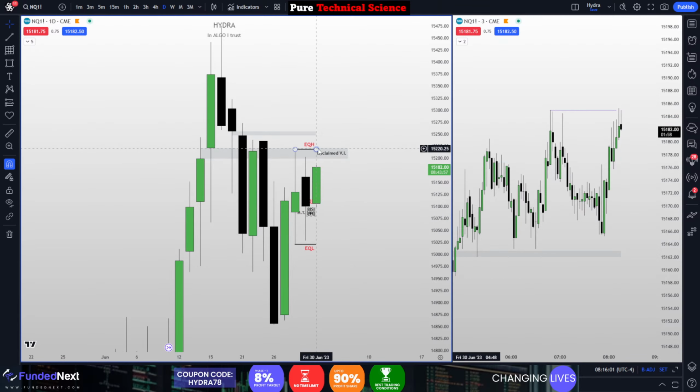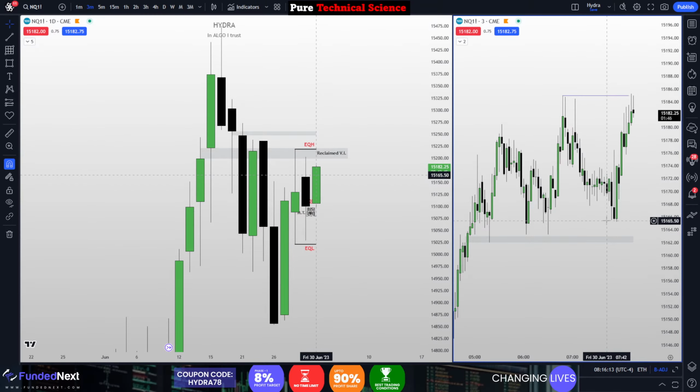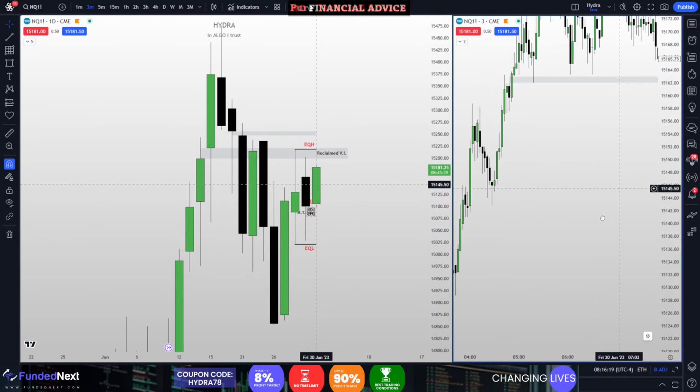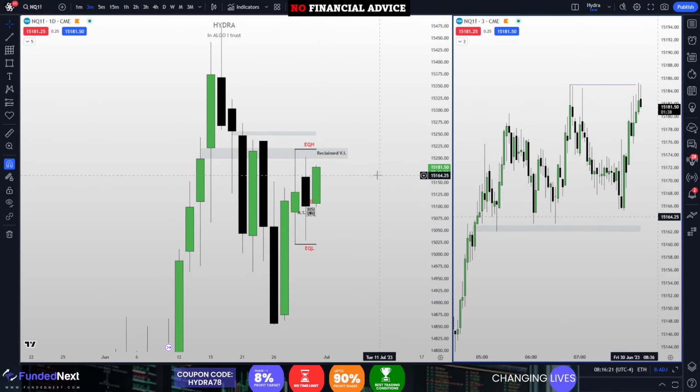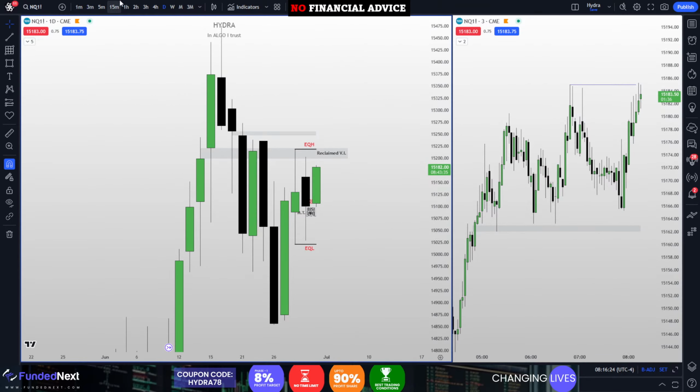And if price is expanding higher, which I'm not expecting, then we have this little separation, another volume imbalance on the daily chart where price can go. Price generated enough relative equal lows for me to not be bullish. Like relative equal lows down here, a lot of relative equal lows. We'll talk about that when I drop down to the lower time frame. So these two levels that I'm watching from the daily chart,